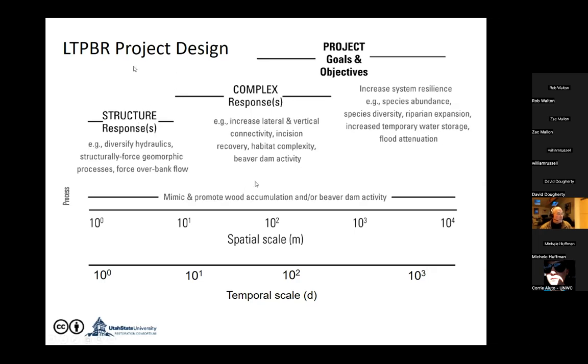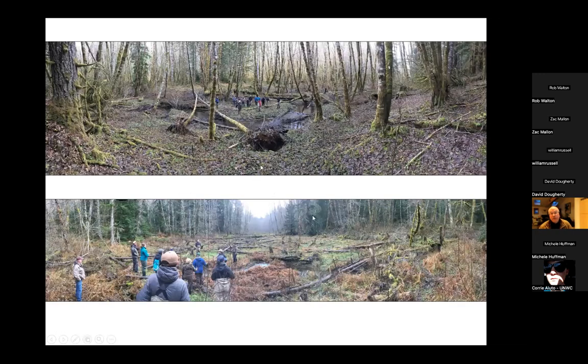And so this is for low-tech process-based restoration design principles. Individual structures are where you're acting, building individual BDAs or PALs, but you've never designed them as individuals. You always design them in complexes, 10s or 20s or 50s of them, and they have an overall project goal. And that is the spatial scale. So you're acting at the meter scale when you're doing the work, but your project is at the kilometer scale. And you're acting on days, but you're expecting your response to be on thousands of days. That's multiple years, because you are slowly pushing the system into a new process state. And the same is true with the heavy machinery, the high-tech sort of process-based restoration, the alternative to the low-tech. So just some examples from the Nehalem, some places